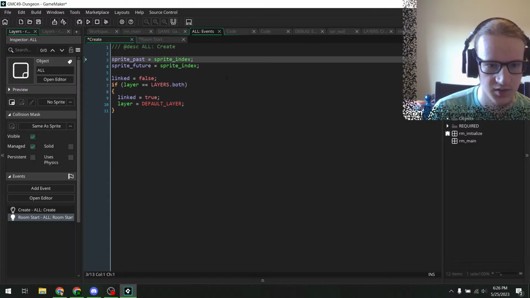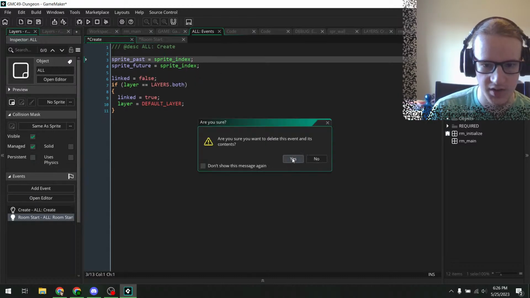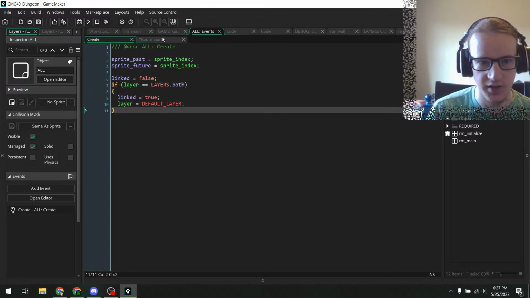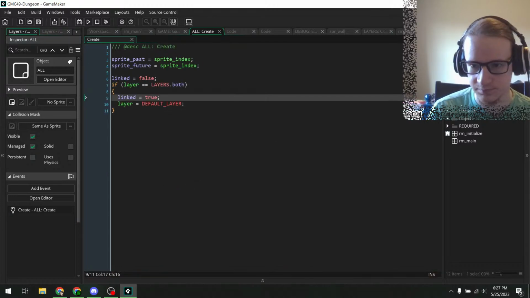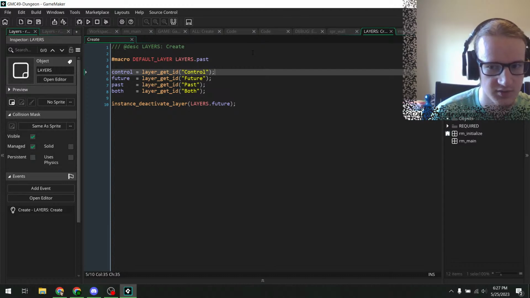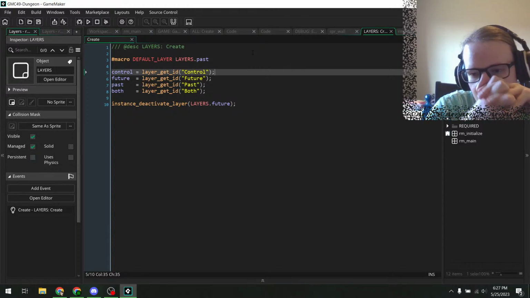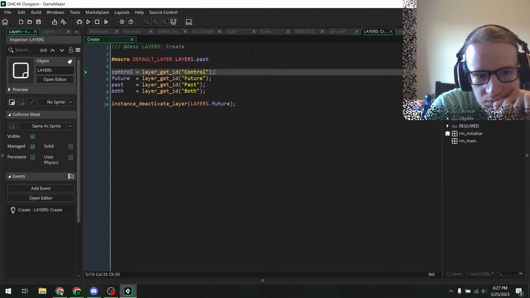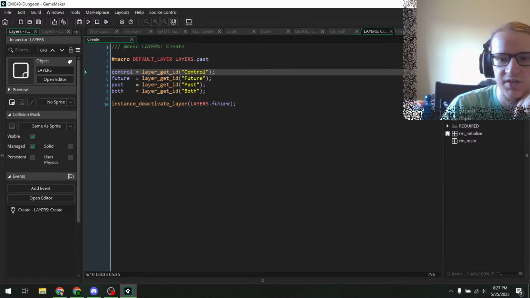This will be okay, I think. Because then on the room start event in layers is where I can move everything. No, there's a reason I need pre-create. Don't need pre-create. Don't listen to me. Because I have to let these initialize first. So